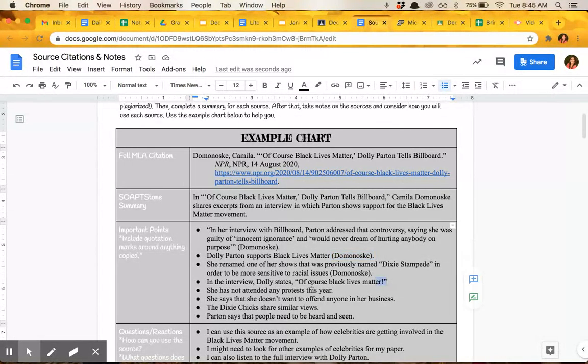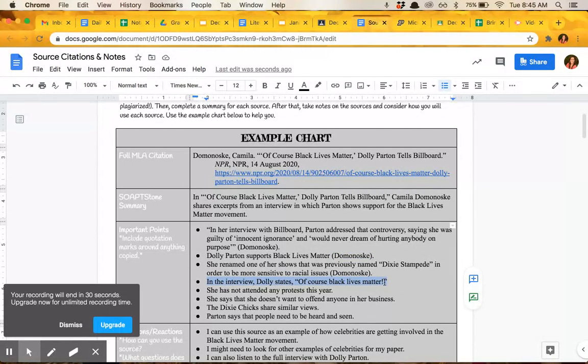Now this bullet point right here, I want to show you a special situation here. You've got an exclamation mark here. For MLA, if it's a question mark or an exclamation mark, you don't take it off like you do the period. You go ahead and add your parenthetical citation, and you still keep the period right here at the end. So you have an exclamation mark or a question mark here, then your parenthetical citation and a period here. That's how it should look. Go ahead and copy and paste your parenthetical citations for all of your bullet points on source